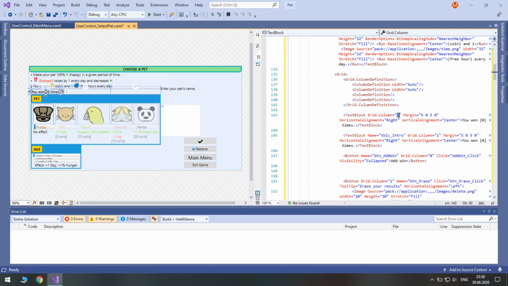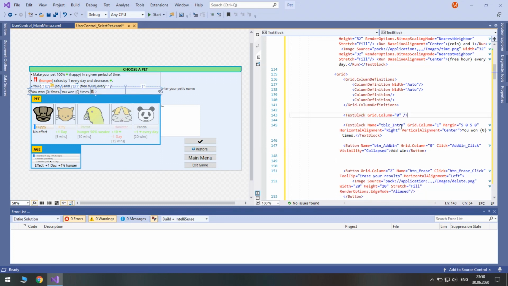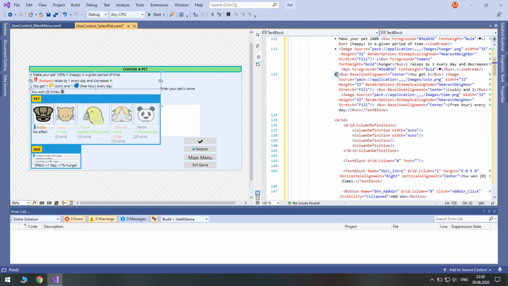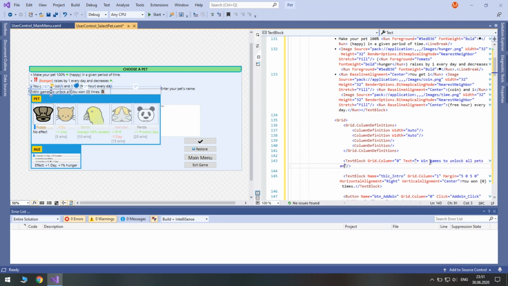So grid column 0 with text. Let's copy this character with text. Win games to unlock all pets and ages. So it's a brief explanation why something is locked.